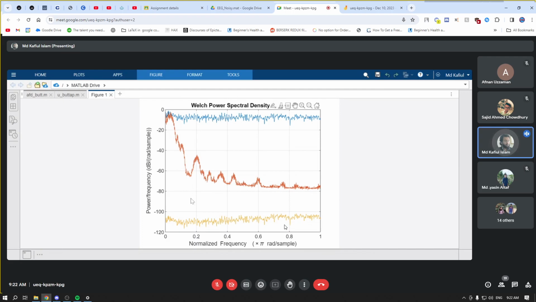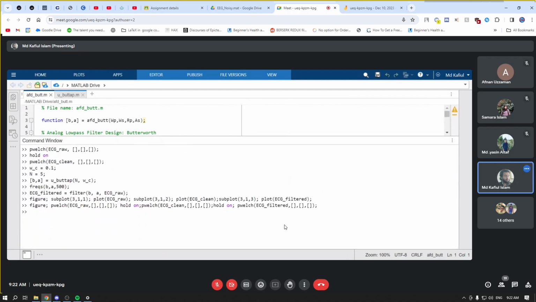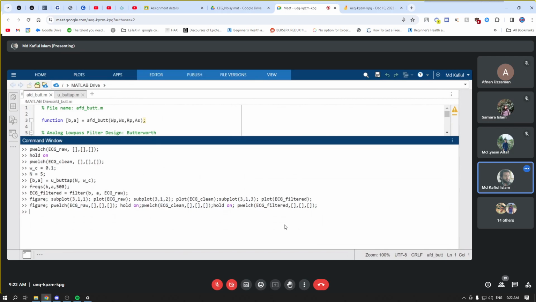So do you think it might be because of the instability of the filter? Do you think that can be a possibility, because we have used an IIR filter? Have we checked the stability of the filter yet? No, we did not. So we did not plot the pole zero yet, right? Can you check? Can you use the S